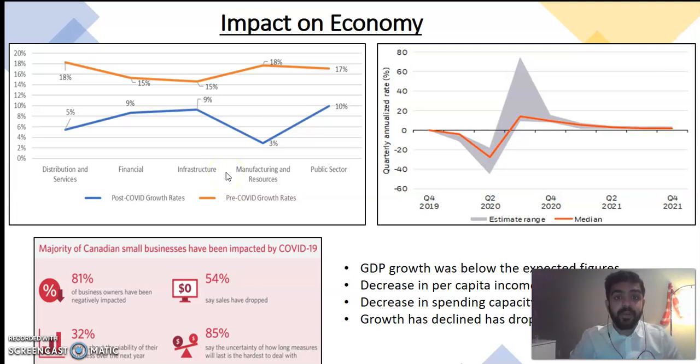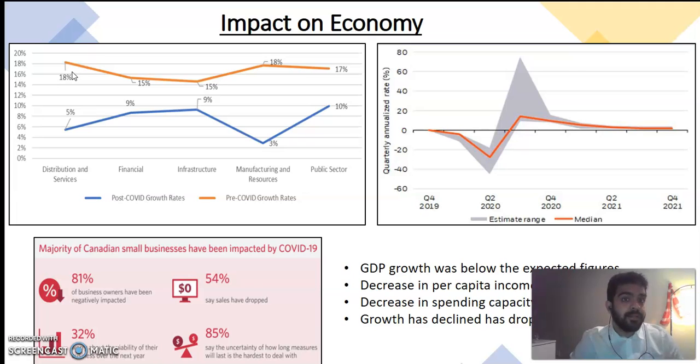Looking at the various trends, I have further observed how the various sectors have taken a dip before and after the COVID times. Here, the topmost graph, the blue line, shows the growth of the industries after the pandemic hit, and the orange line shows the growth of the industries below the pandemic hit.